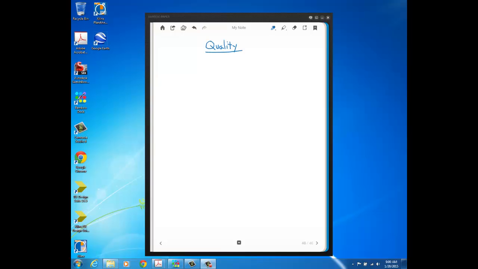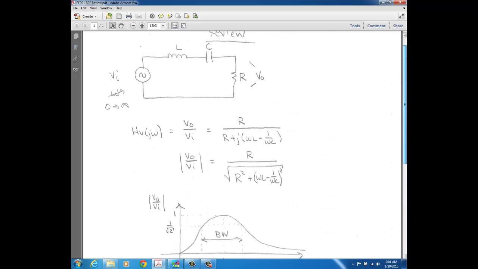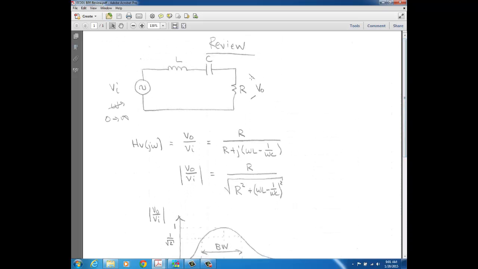This lecture in this video is on quality, but before we start to talk about what quality is, I just want to quickly review where we're at this point in frequency response. Remember that we've been talking about a series bandpass filter. We will get to the parallel case in a few more videos. And in this bandpass filter, V out is across the resistor,